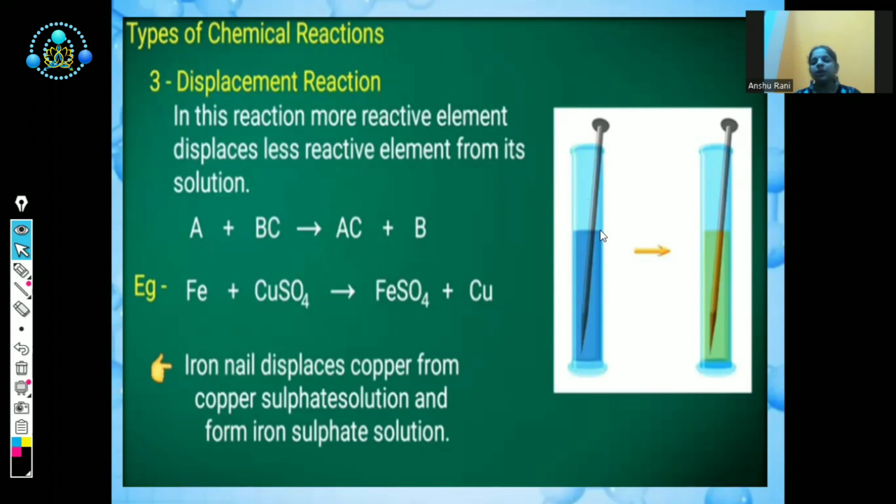For knowing the displacement reaction, you should know the reactivity series. First of all, learn the reactivity series, then only you will be able to write displacement reactions. Now I'll tell you how to remember the reactivity series. It is Kadar, Nath, Ka, Munshi, Alu, Zara,